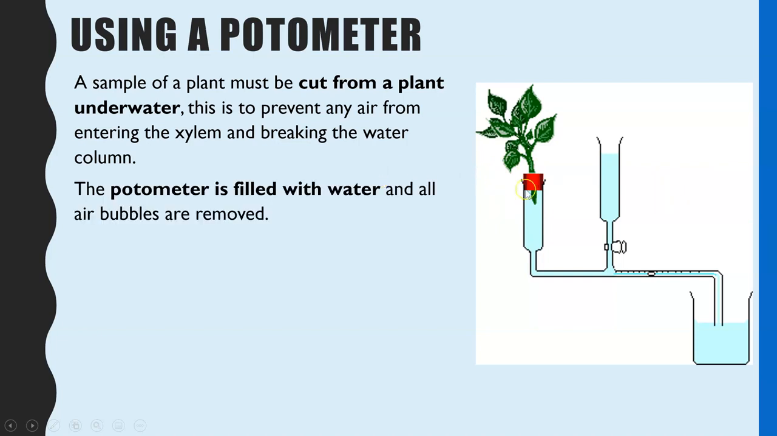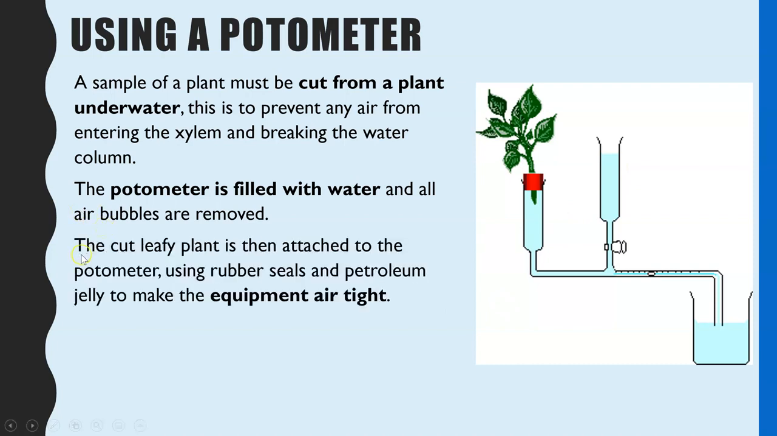The next step is the potometer equipment all needs to be filled with water, and again this is done completely submerged in water, to make sure all air bubbles are removed. The leafy part of the plant is then put into the potometer through a rubber seal, like a rubber bung, and all of the joints get covered in petroleum jelly